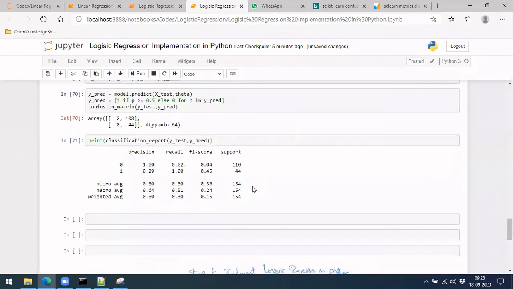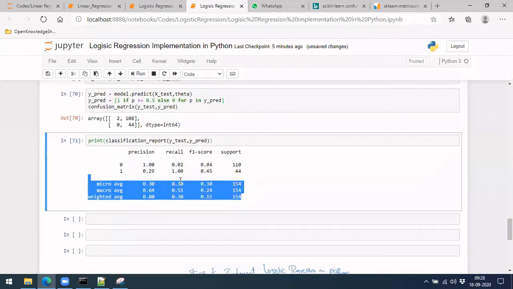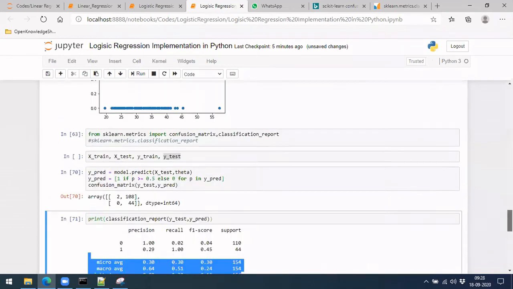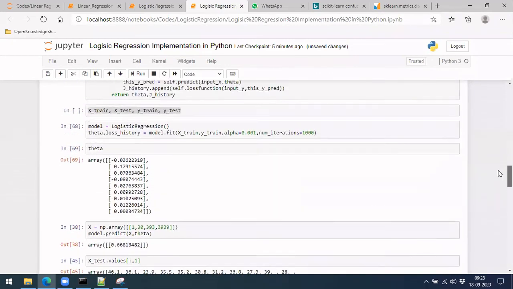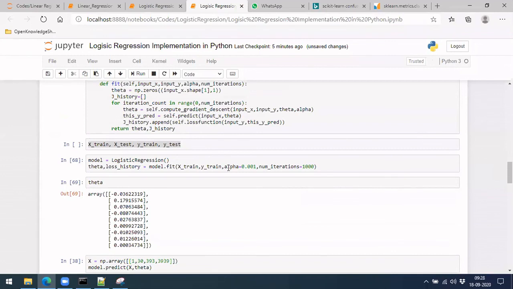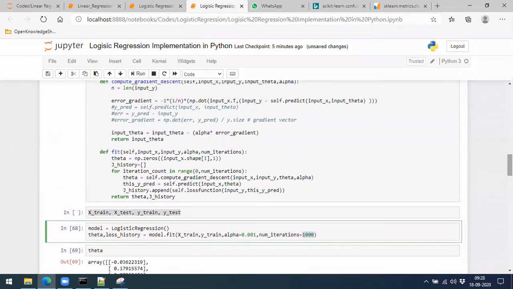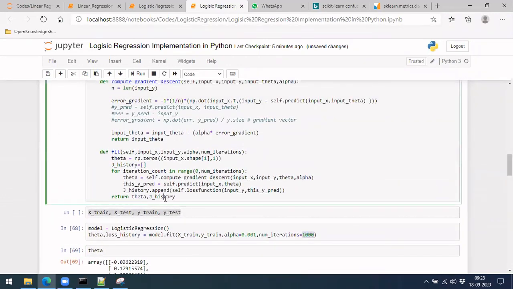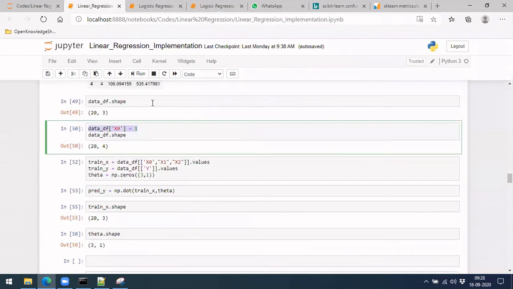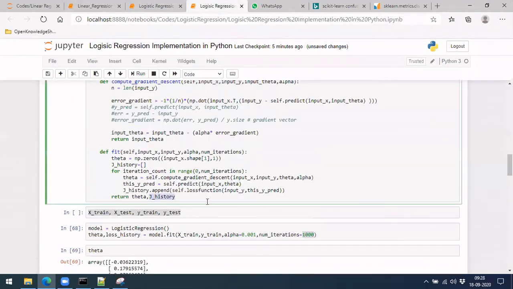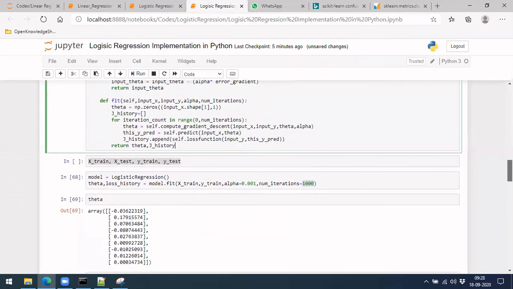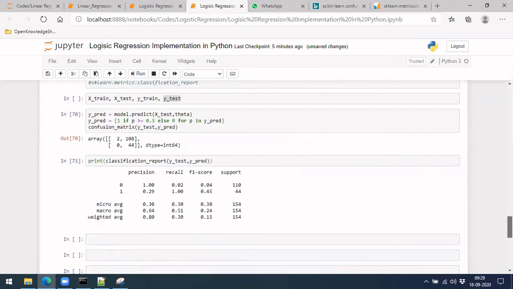Okay, the tuning of these models we can see later, but as of now, maybe I can give it as an assignment and share this code with you. Find the perfect values for alpha and the number of iterations and see which is doing good. You can also plot the J history, taking help from the linear regression code. You can add a plotting function here and from that check if it is overfitting or underfitting and see what you get.